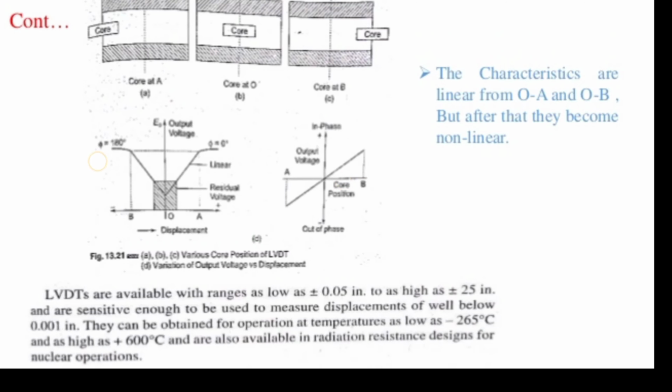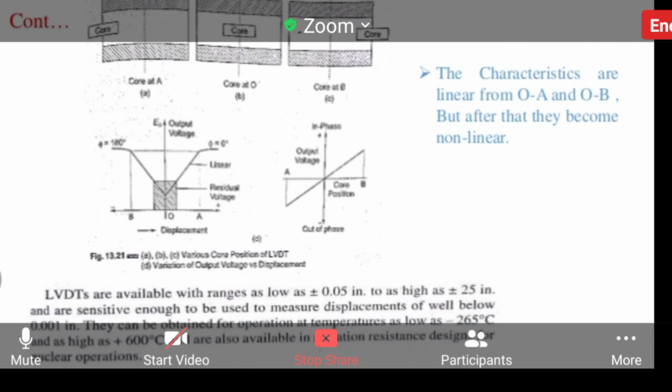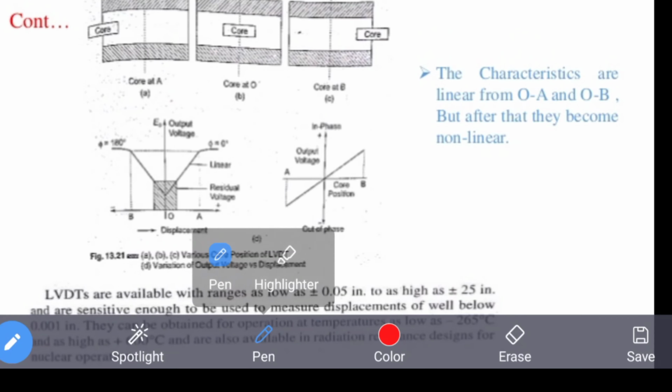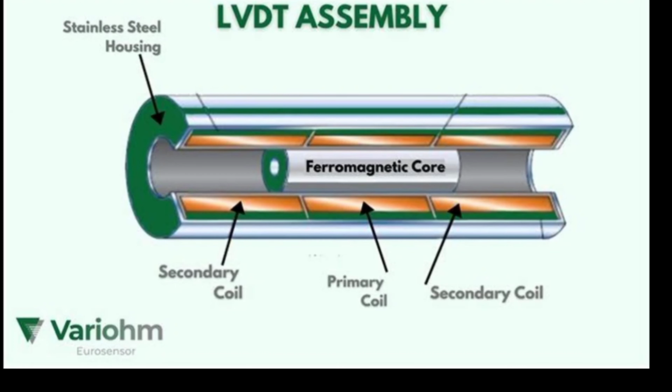At theta equal to 180 degrees and at phi equal to 0 degrees, for the voltages you can get a linear curve, hence it is known as linear variable differential transducer. The output voltage has in-phase and out-of-phase components, the 2 voltages being plus and minus. If you consider the 2 cases, a linear voltage curve will be obtained, hence it is known as linear variable differential transformer or linear variable differential transducer.